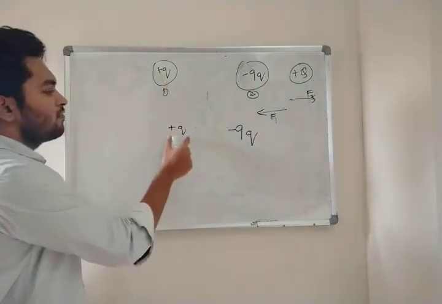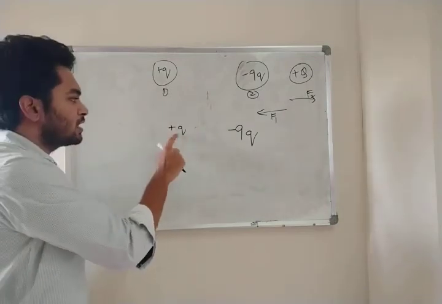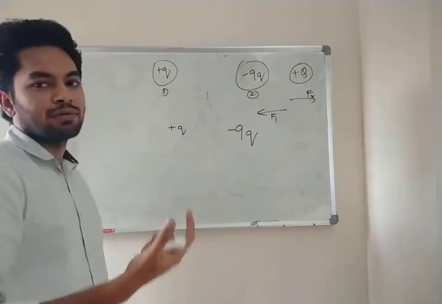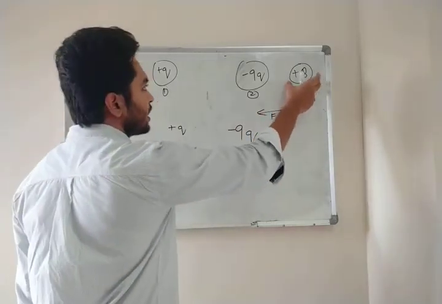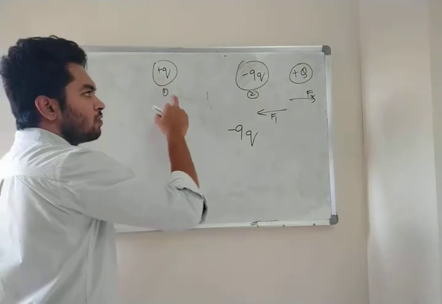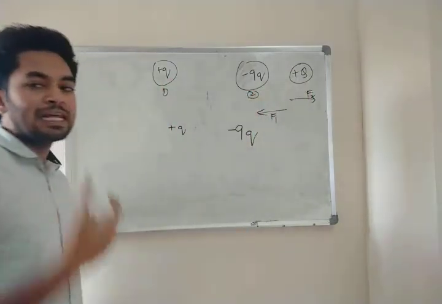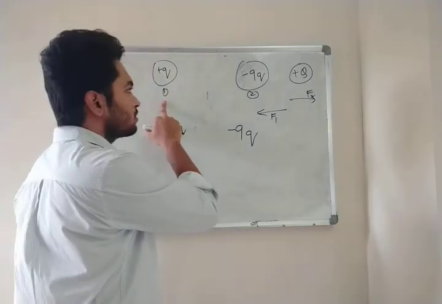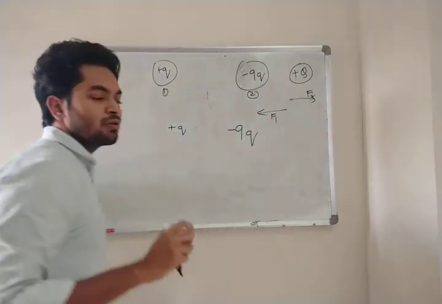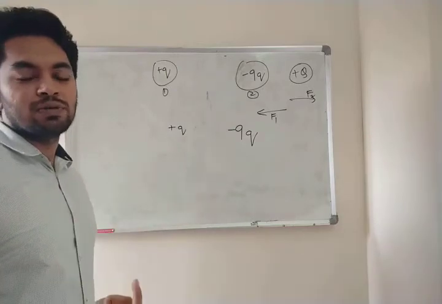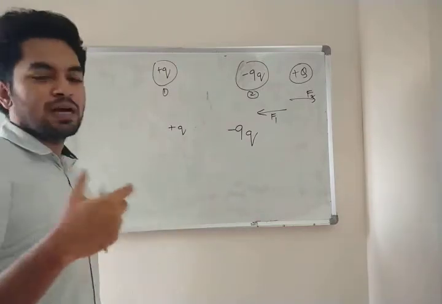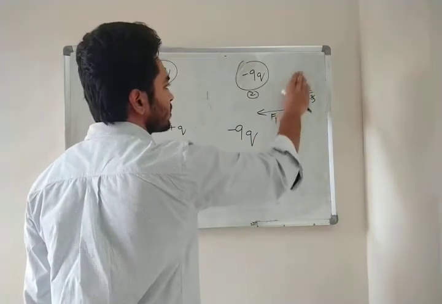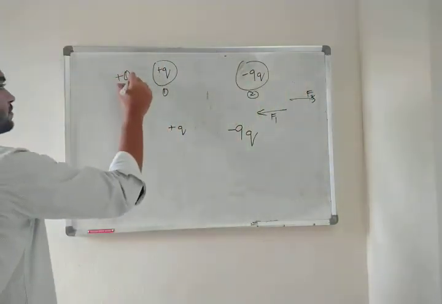But our charge is near 9q. But this is very far from this plus q, because here it is a small charge. Now minus 9q is a big charge. How many times? 9 times. So if we put it here, the force of attraction between q and this positive q will be less. The force of attraction between positive small q and this big Q will be less. So it is not possible for the force of attraction. So what do we do here is, we will just remove this plus q and put it over here.